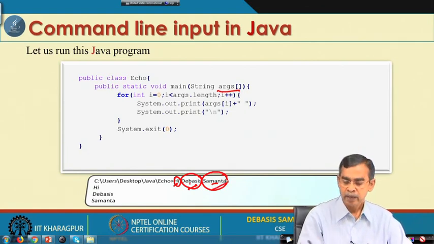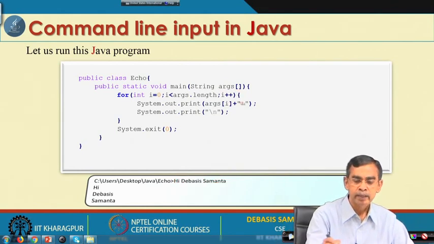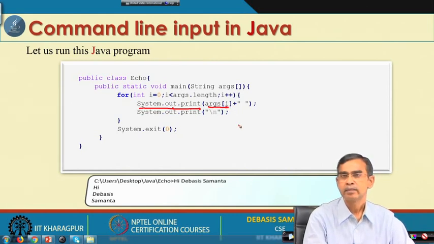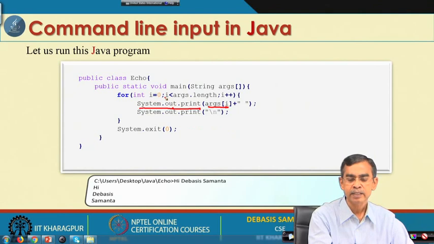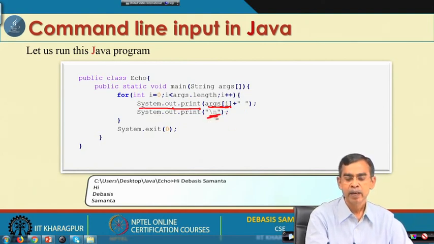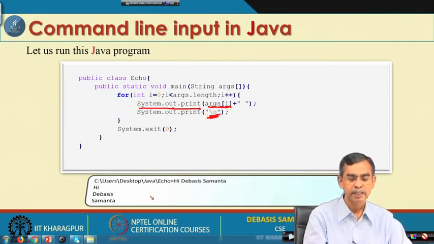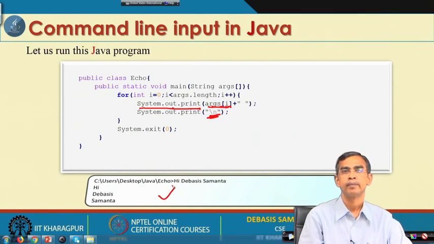So, now you come to this for loop, then this for loop starts from i equals 0, and the first System.out.print will print args[0] and then a space, then it goes to the second, i equals 1, it will print args[1], then a space, then it will print args[2] and so on, and then finally the newline will basically go to the next line. So, this way if you run this program, it gives the output which is shown here. So, here we can understand how we can pass input to the array while it is running.